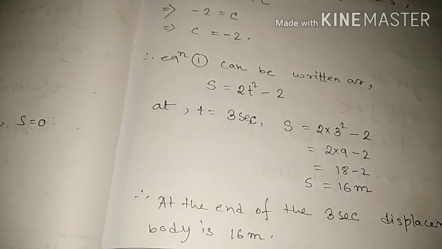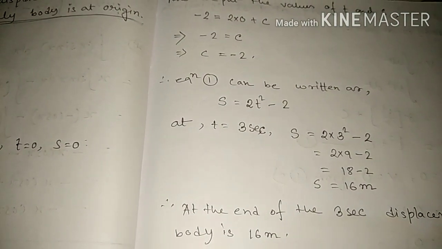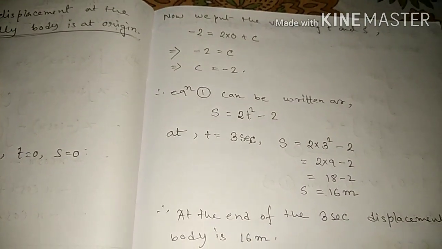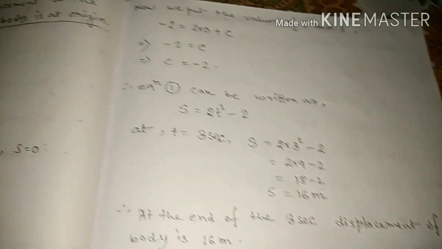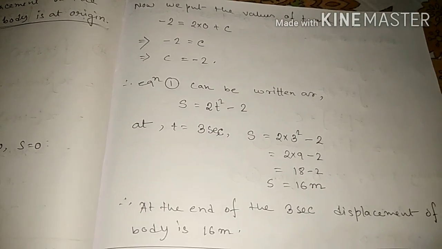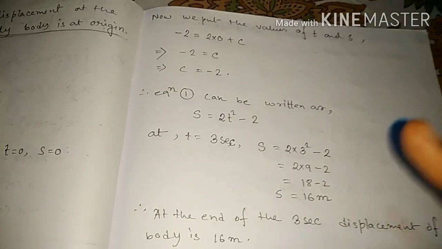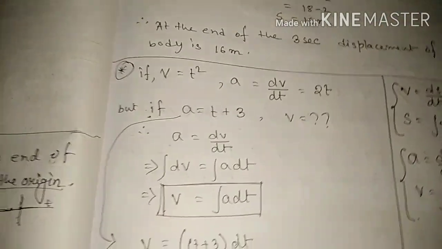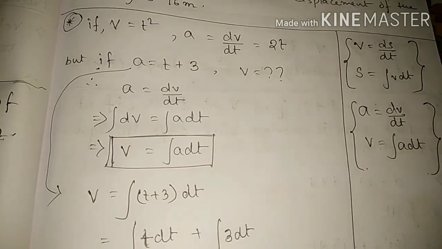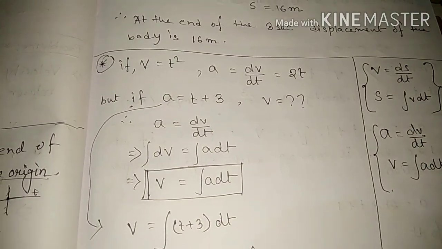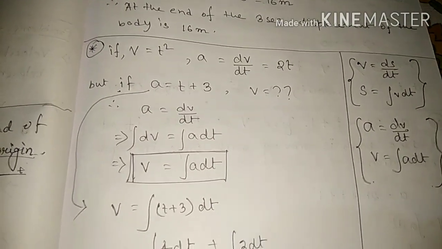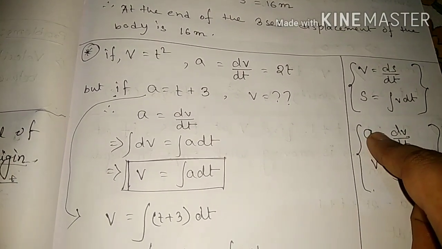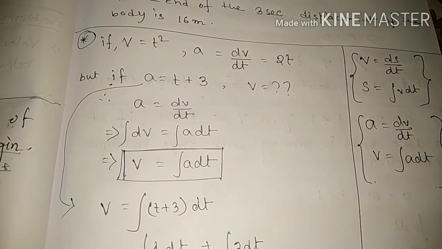That's all about displacement and velocity. Now in this chapter, another variable and another physical term is there, that is acceleration. Let's discuss velocity and acceleration. As we know, velocity means rate of change of displacement with time. Acceleration means change in velocity with time: a equals dv by dt. It is clear if we find acceleration from velocity.